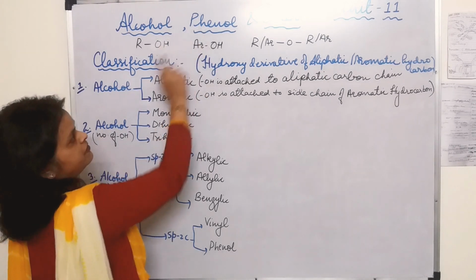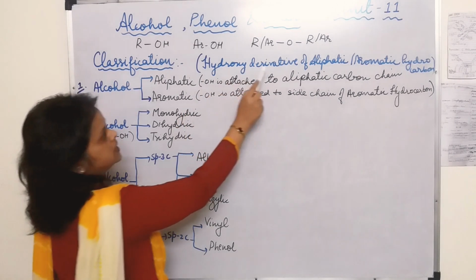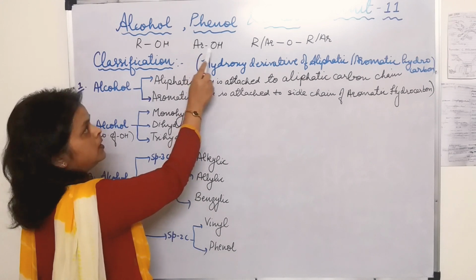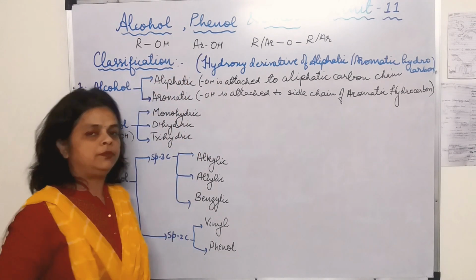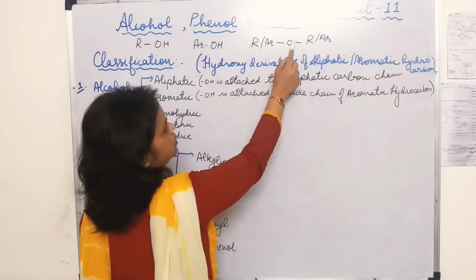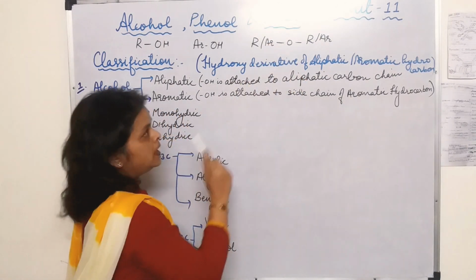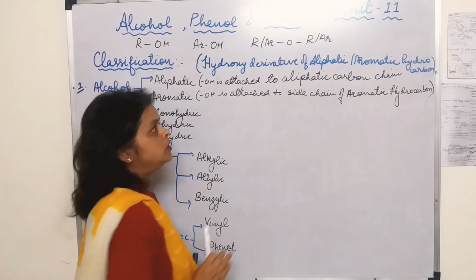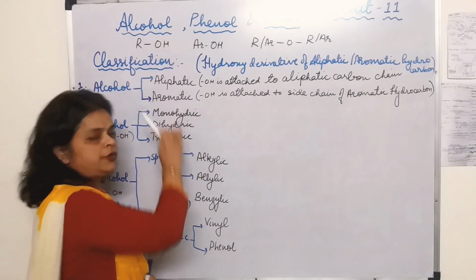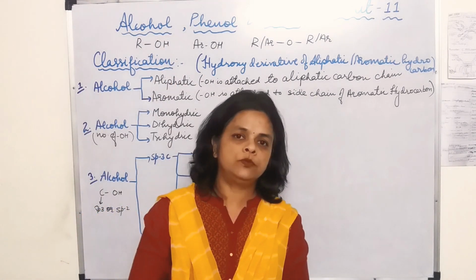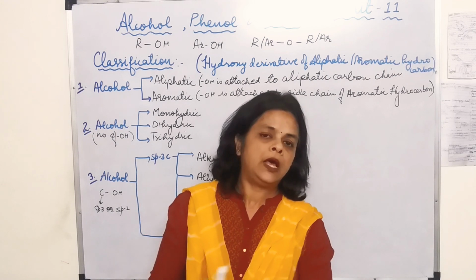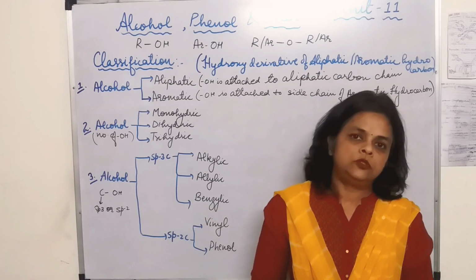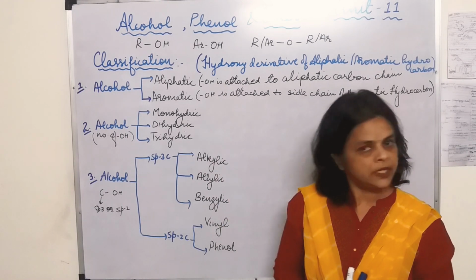And if you have to define the phenol, what will we write? A hydroxy derivative of aromatic hydrocarbon. That means if an OH group is directly attached to a benzene ring, it will be called a phenol. And ether, we know that in the center there is oxygen, and on either side you will have an alkyl group or an aryl group. Ether and alcohol, we already know, are functional isomers of each other. And what are alcohols? Hydroxy derivatives of aliphatic hydrocarbon. And what are phenols? Hydroxy derivatives of aromatic hydrocarbon.